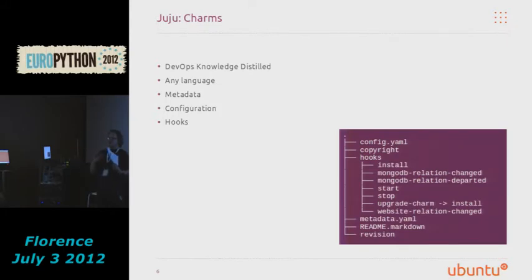Its name, the relations it provides that other services can consume, and the types of those relations, and the relations it requires to be deployed effectively. So in our wiki example, it would probably provide some sort of website relation, so you could put a proxy on the front end of it, and it would require a database relation, so we can plug in PostgreSQL or MySQL into the back end.